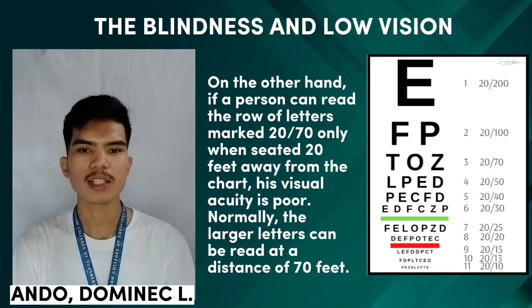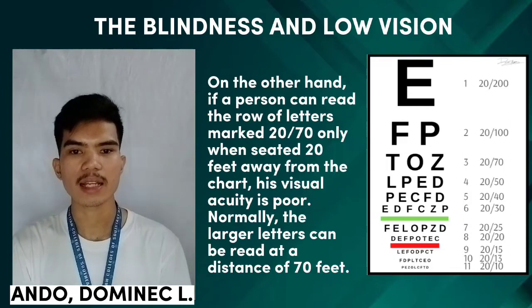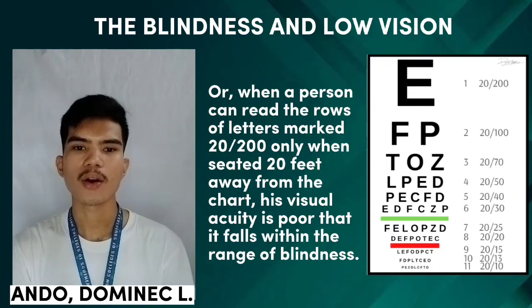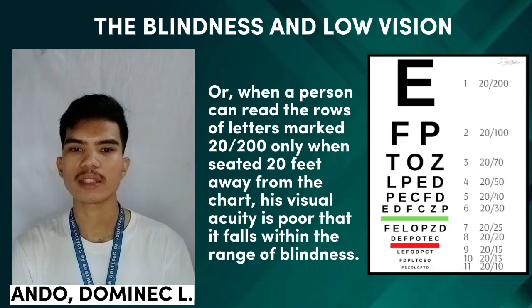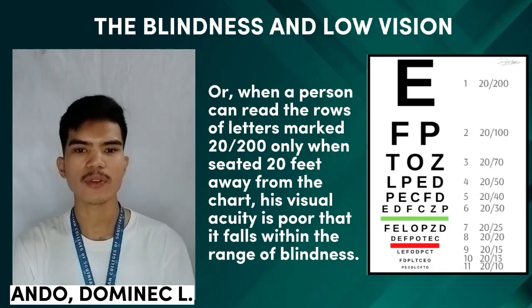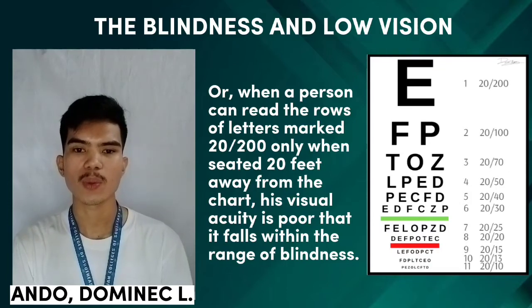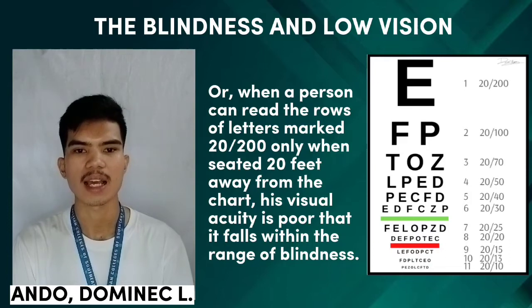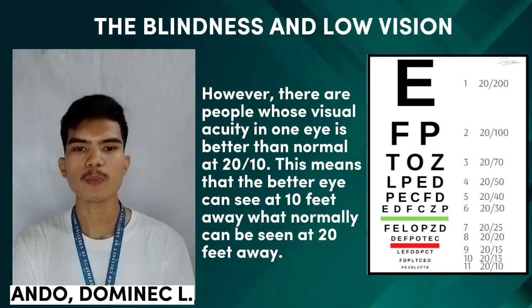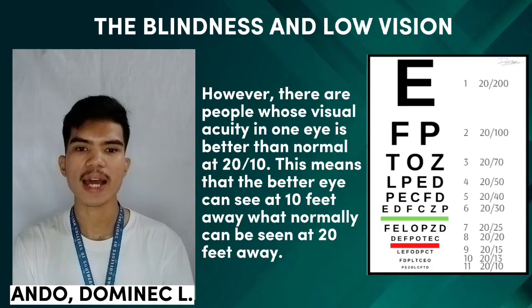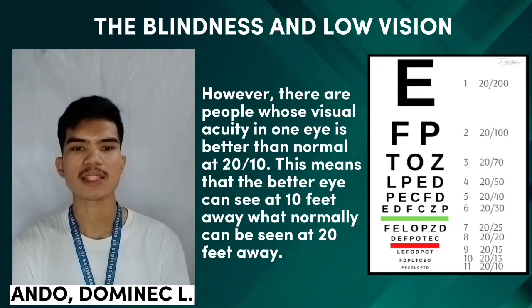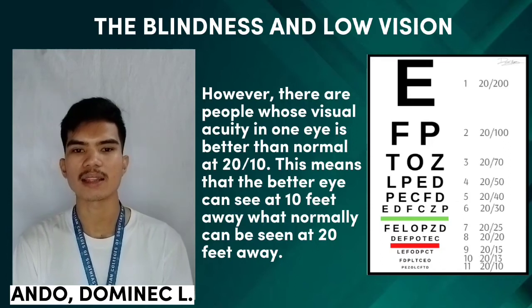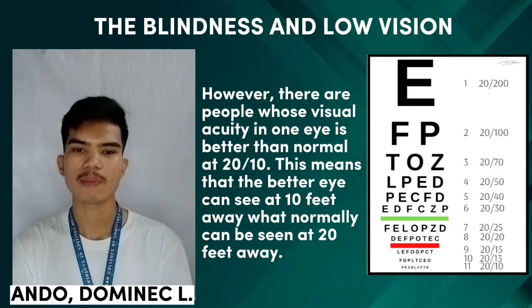Normally, the large letters can be read at a distance of 70 feet, or when a person can read the rows of letters marked 20 over 200 only when seated 20 feet away from the chart, his visual acuity is so poor that it falls within the range of blindness. However, there are people whose visual acuity in one eye is better than normal at 20 over 10. So this means that the better eye can see at 10 feet away what normally can be seen at 20